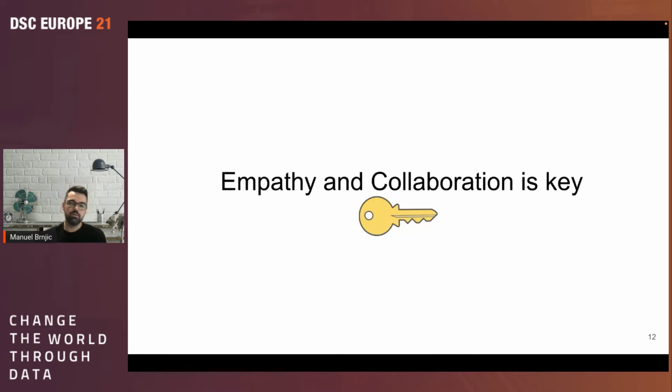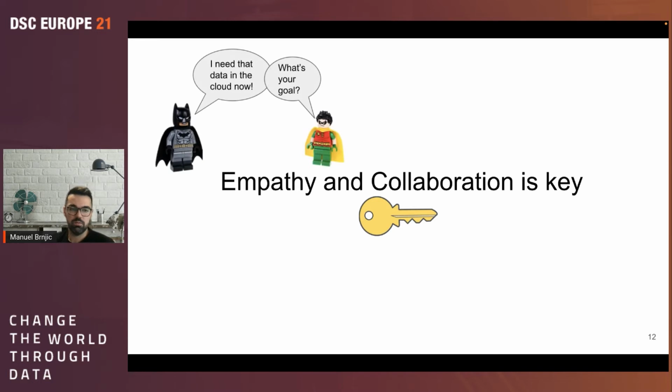Yeah. So somehow connected to the last slide, I would definitely say that empathy and collaboration is key in the overall story. Now, let's play it through. So how does it usually start, also with the cloud topics? Because you can imagine when you start getting data-driven and add some data scientists to your company, you want to get fast insights, get fast results, and of course, by those results, improve your overall revenue, your overall acting as a company, as an organization.